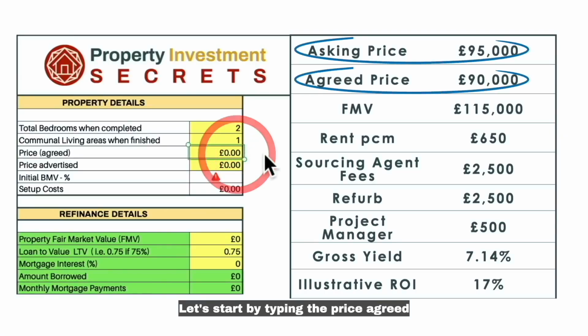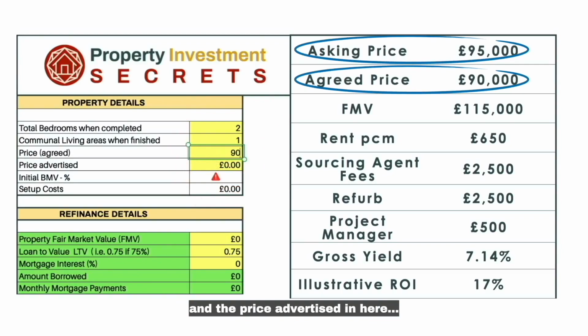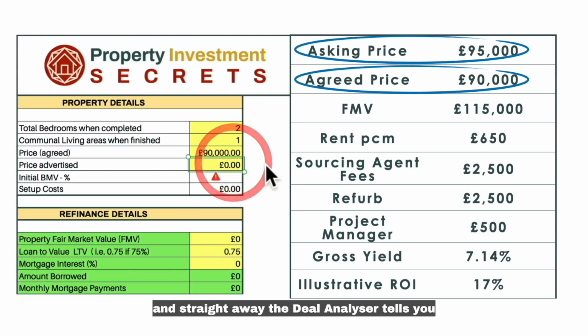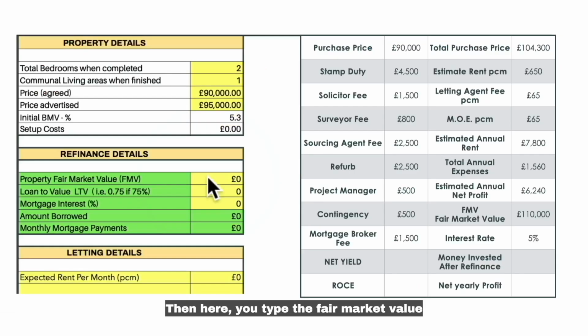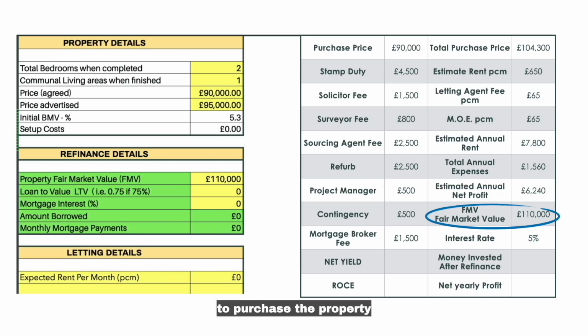Let's start by typing the price agreed and the price advertised in here. And straight away, the deal analyzer tells you that you are analyzing a deal 5.3% below market value. Then in here, you type the fair market value. That was £110,000, and if you intend to use either a mortgage to purchase the property or you refinance it